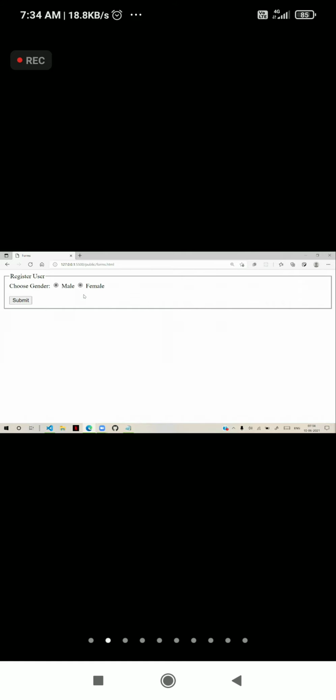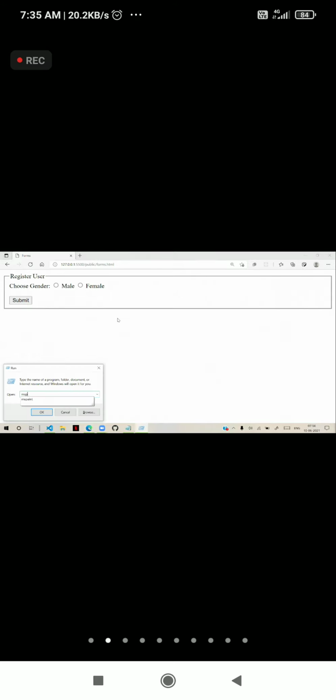But the problem with radio is once you select, you cannot deselect them. Suppose I want to deselect, it cannot deselect. Once they go into the process, they cannot come out of the process. You have to refresh, then it will come out of the process. That is the issue with radios.